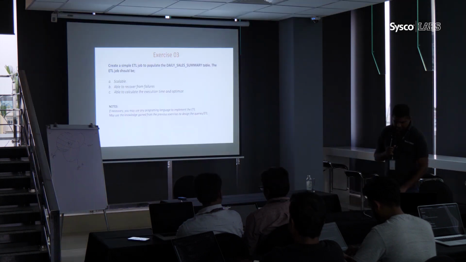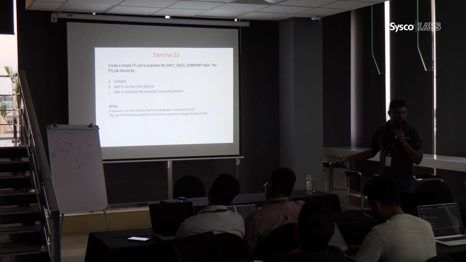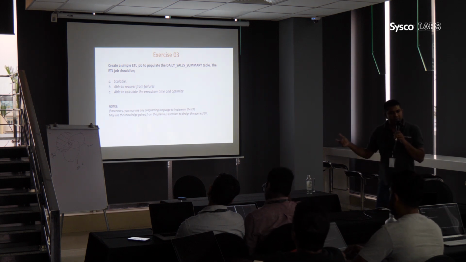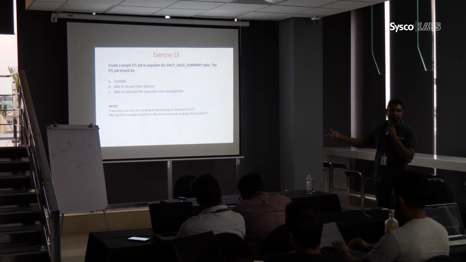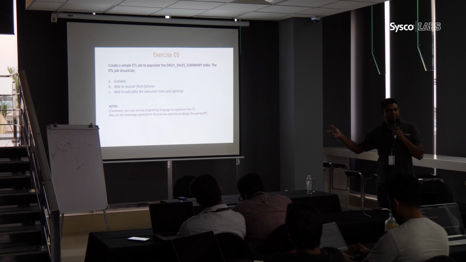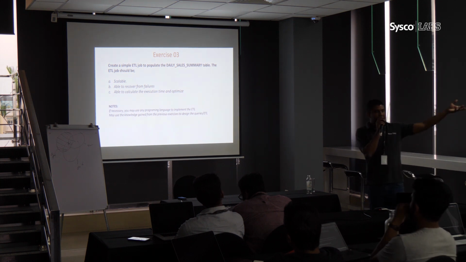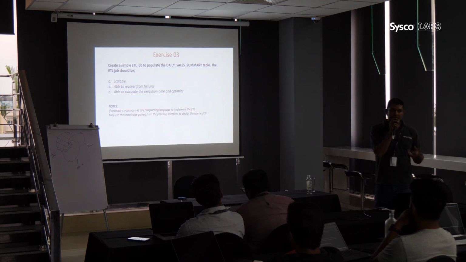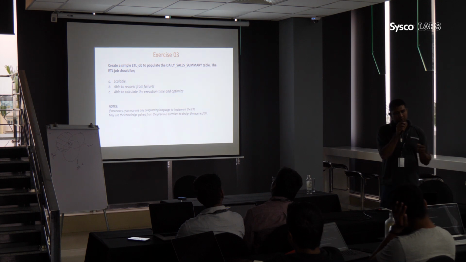Alright. So this is the exercise. Now you have seen that there is a table called daily sales summary. We need to write a simple script or job or whatever to populate this particular table. It is not a simple script. It should be scalable. You should be able to plan. Let's say if you run this particular job 5 years in the future, you should be able to predict it: this is the amount of hardware that you need, and you should be able to scale.